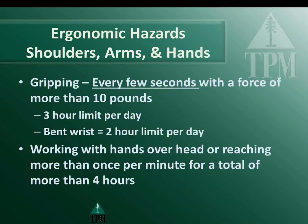Now shoulders and arms, gripping every few seconds with a force of more than 10 pounds. Like if a person's grabbing a piece of lumber and moving it, adjusting it, this is just gripping, not the actual movement of the piece of wood, but just gripping it. If it's heavy, you're going to have to grab it with 10 pounds of force to be able to move it, right? Well, doing this activity more than 3 hours per day can really increase the chance